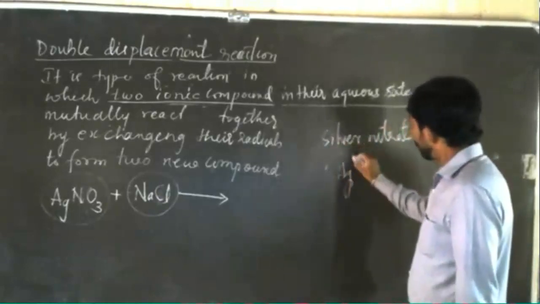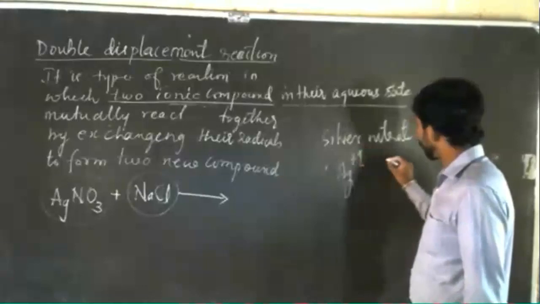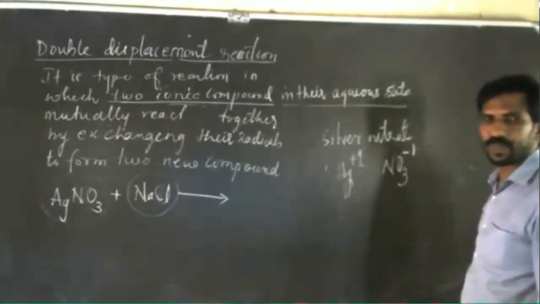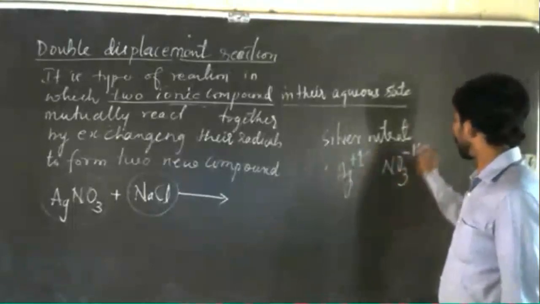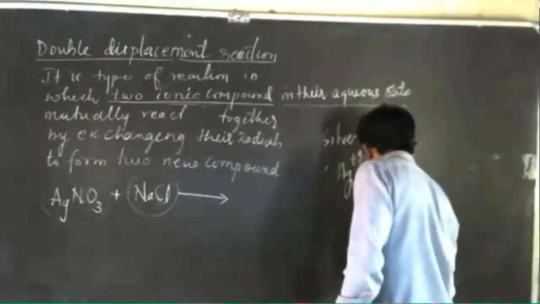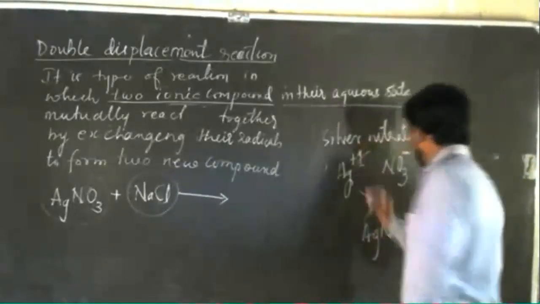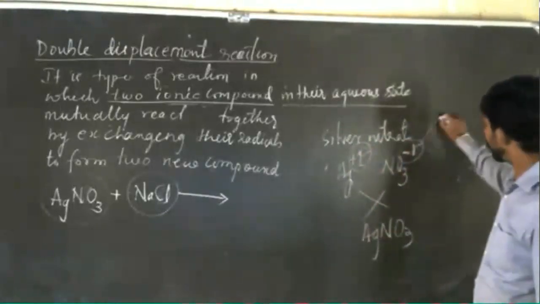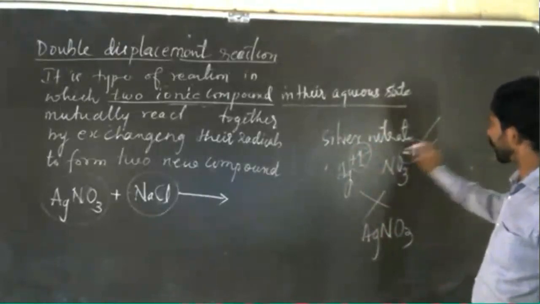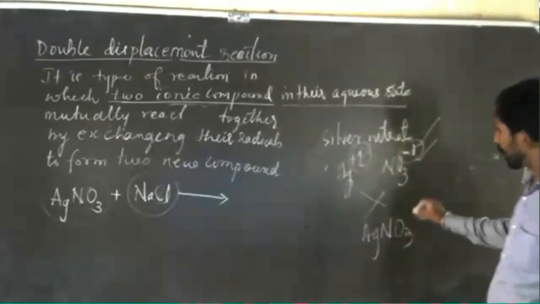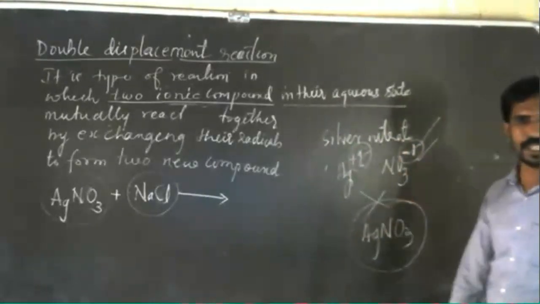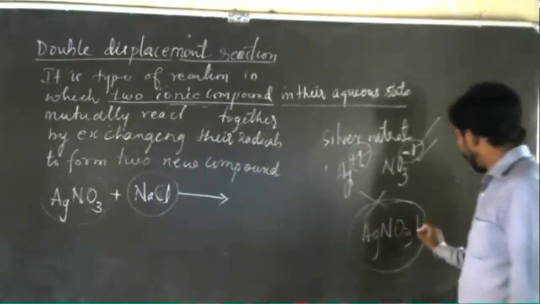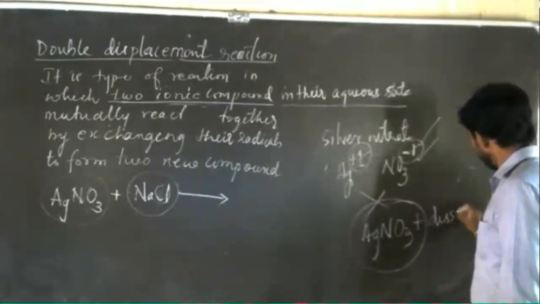to form the silver nitrate compound, silver is donating 1 electron and nitrate is gaining 1 electron. Both get cancelled, giving AgNO3. This is an ionic compound because one element donates an electron and another receives it. Anion receives the electron, cation donates the electron. A compound formed by donating and gaining electrons is called an ionic compound.